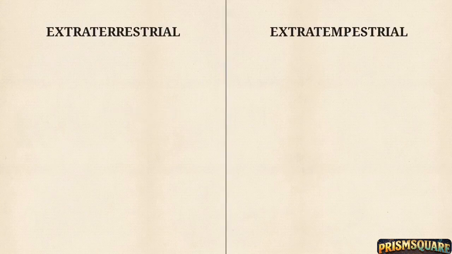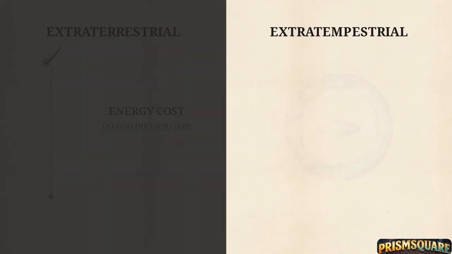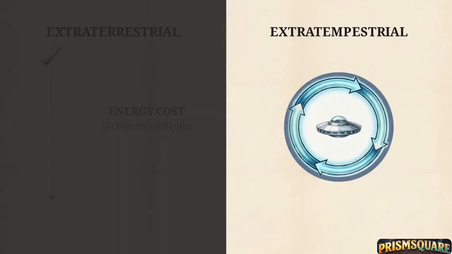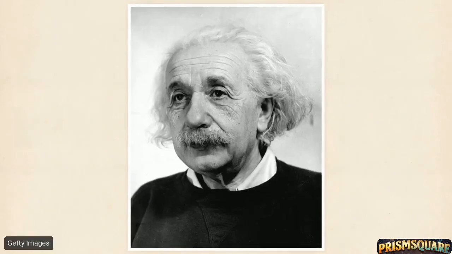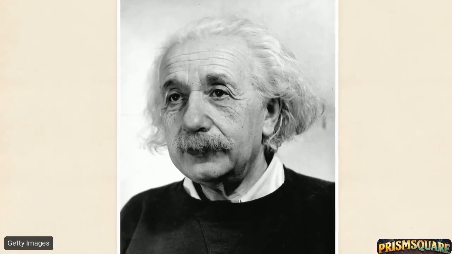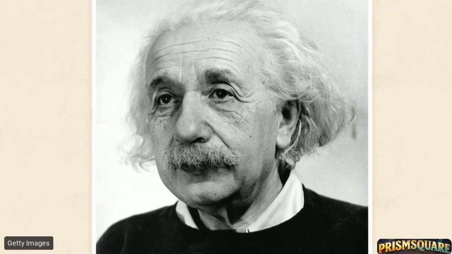The left panel maps the extraterrestrial hypothesis variables. Interstellar travel demands overcoming light-year distances and prohibitive mass energy requirements. The right panel illustrates localized temporal transit. Instead of a linear trajectory across deep space, this model utilizes a stationary, looped metric. Albert Einstein provided the mathematical foundation for this concept in his 1915 general theory of relativity.